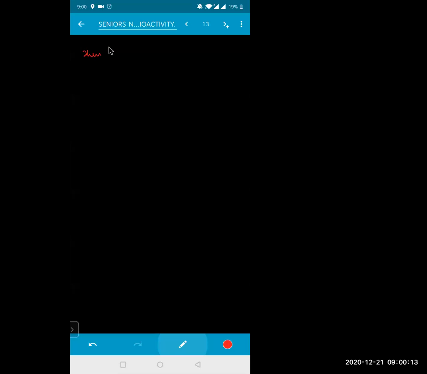Then the ratio of their kinetic energies are